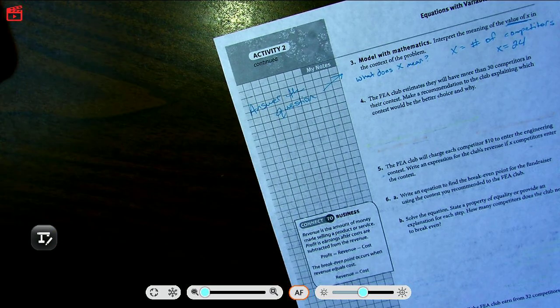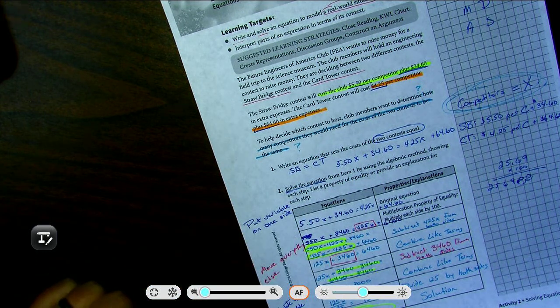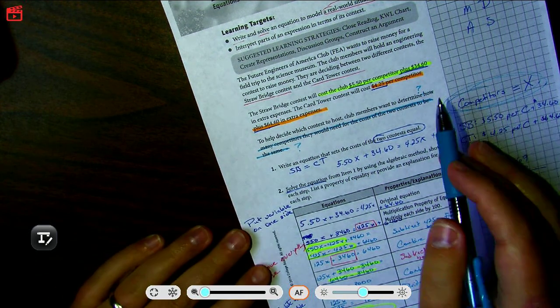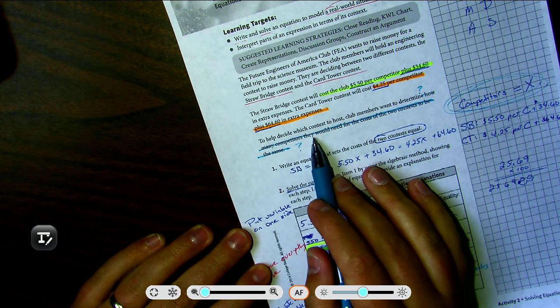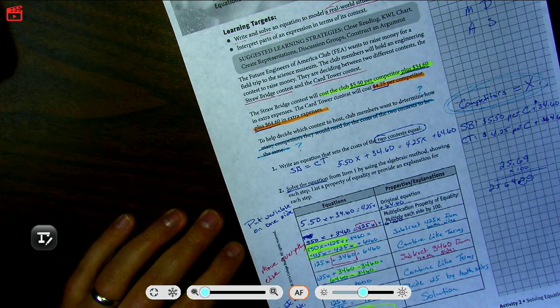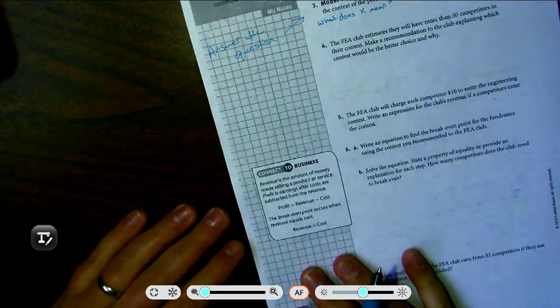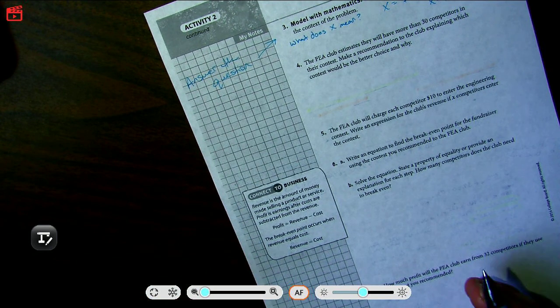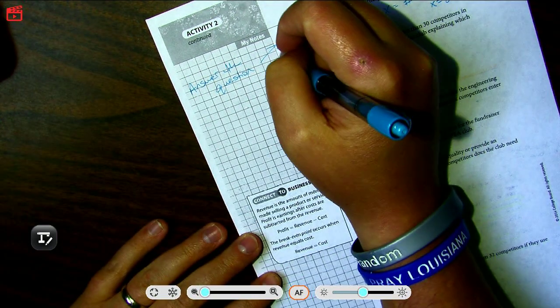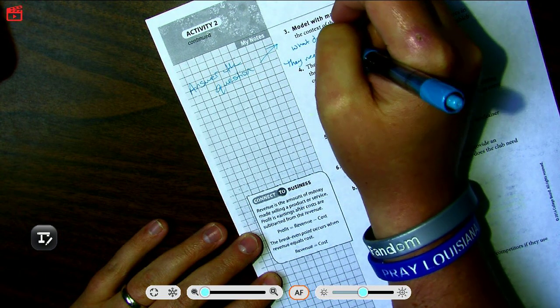All right, and where is the question? Well, again, we find the question right here. I'm so glad that we notated it so that way we have something to go back to. How many competitors they would need for the cost of the two contests to be the same. So now we're going to turn that question into a statement. Instead of saying how many they need, we're just going to say they need 24